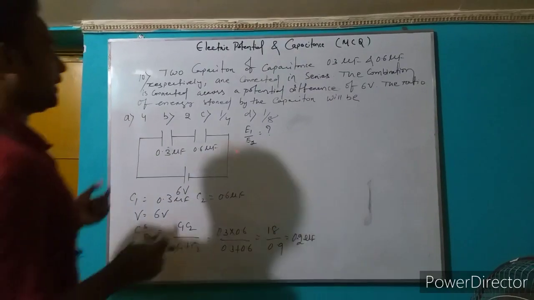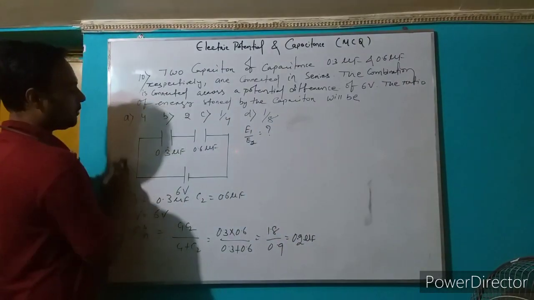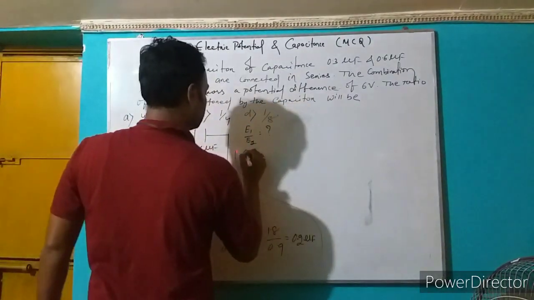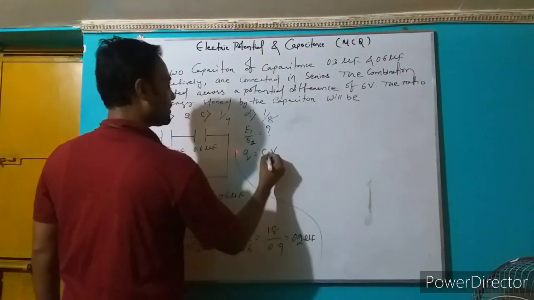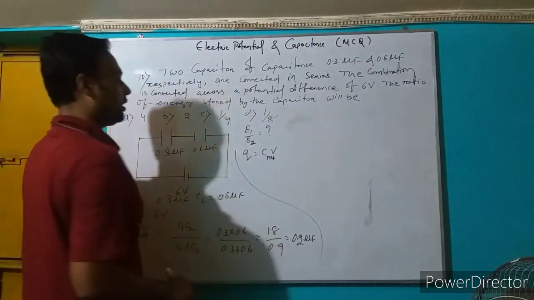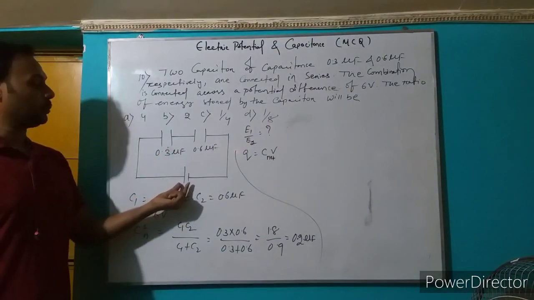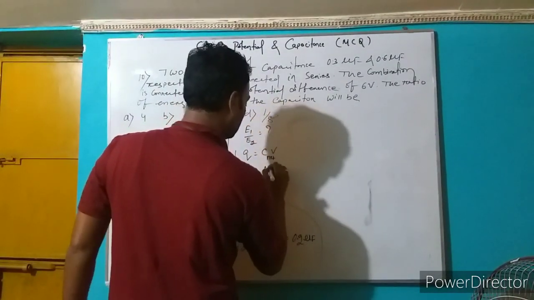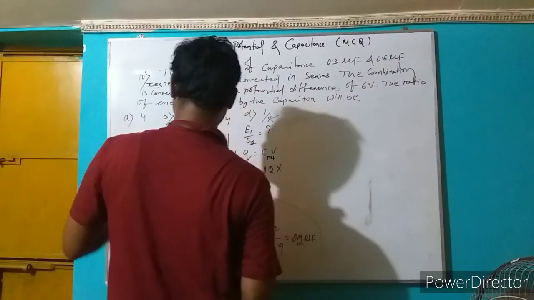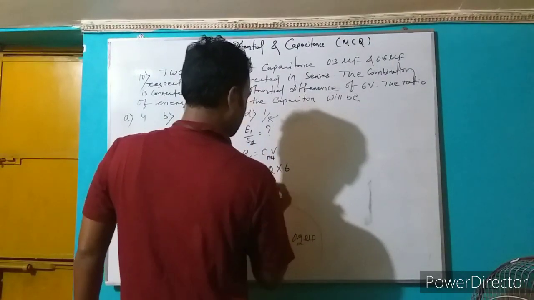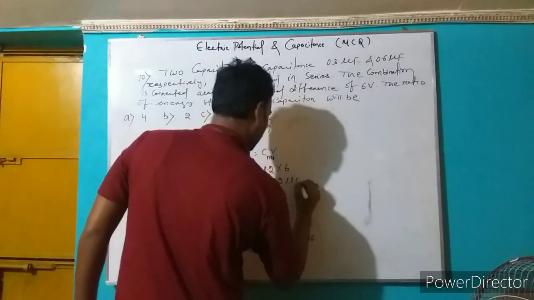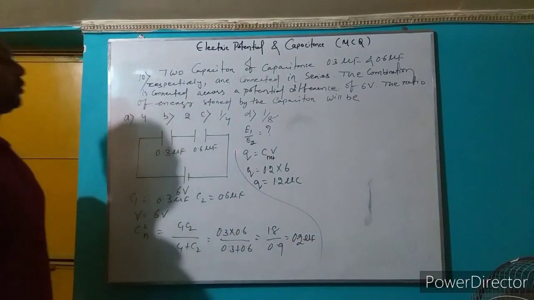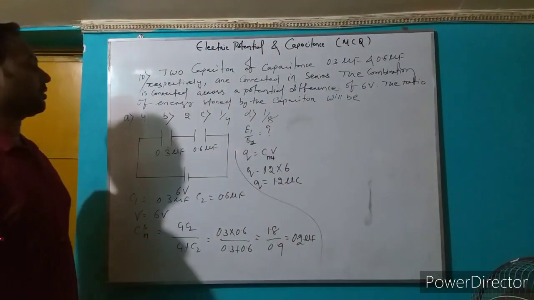Now we have to calculate how much charge is carried by the capacitor. That means Q equal to C net into V, where C net is connected to the 6 volt battery. So Q equal to 0.2 into 6 volts, that is 1.2 microcoulomb. As we know the two capacitors are connected in series, then